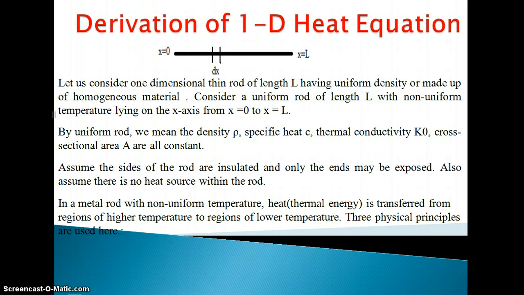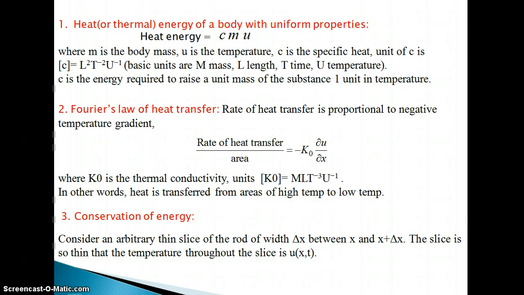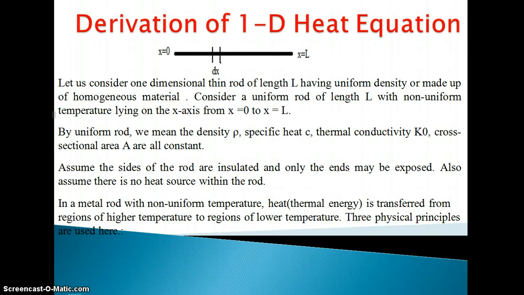Welcome to this lecture. In this lecture, I'm going to show how to derive the one-dimensional heat equation in differential form. Usually, any differential equation or any physical phenomena can be modeled in two ways or two forms. One is a differential form, the other is an integral form. The differential form will follow the Eulerian approach and the integral form will follow the Lagrangian approach. So in this lecture, I'll use the first approach, that is the Eulerian approach, to derive the one-dimensional heat